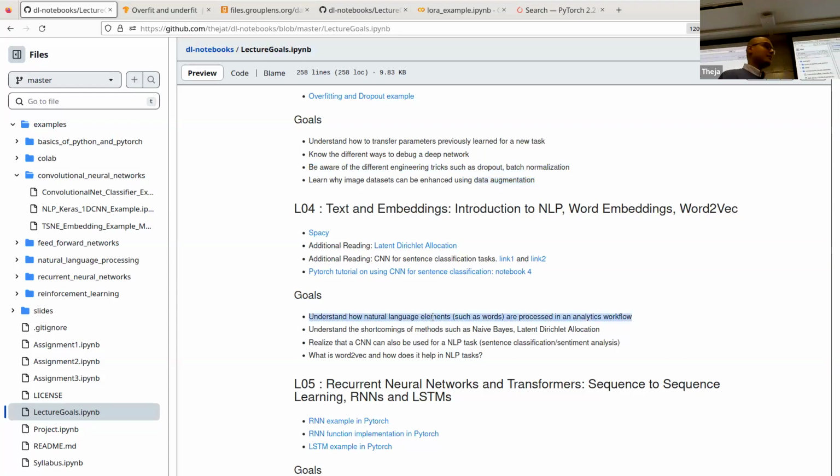so much about how natural language elements of words are processed in an analytics workflow. Today, what you can do with NLP is very different from what we'll do in the class, in the sense of we are going to only look at basics. Okay, obviously we will look at, maybe not in this lecture, lecture 6 actually. It looks at